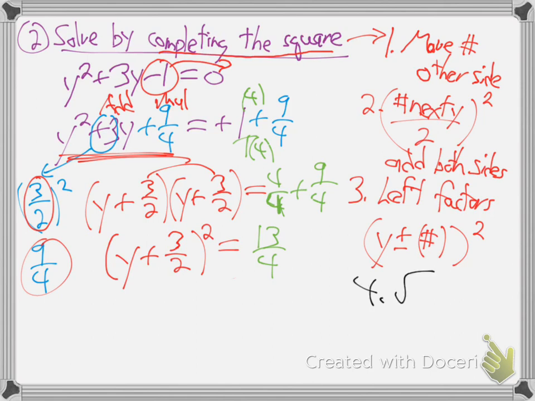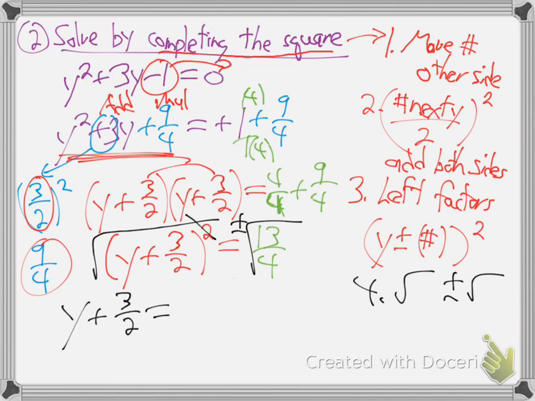Step 4, root and plus or minus. So you put the root over this side, the root over that side with the plus or minus. Rooting cancels squaring. Y plus 3/2 is plus or minus. Now the square root goes to the top, square root of 13, and the bottom, because it's over the whole fraction. But what is the square root of 4 on the bottom? It's just 2, huh? You can't square root the 13 on the top, so the root stays on the top,